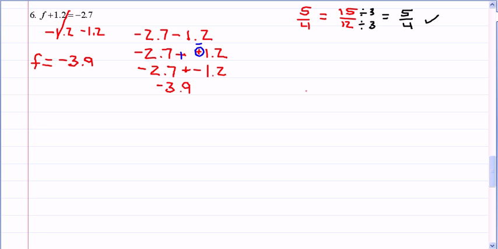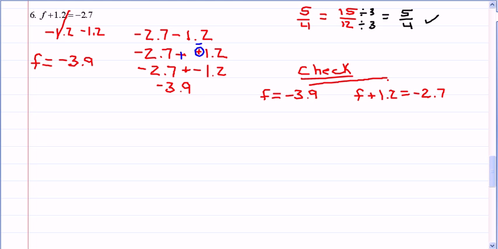And to determine if negative 3.9 is correct, I show the check, and I take f equals negative 3.9, and I write the original equation, and I substitute negative 3.9 in for f,